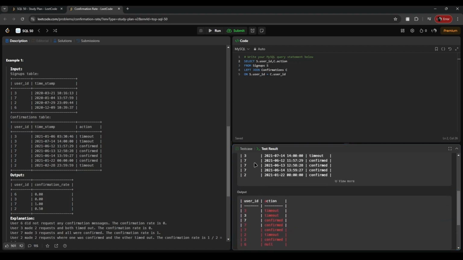Okay, so now what we need to do is find the confirmation rate for each user ID. What we can do is simply delete this action column because we don't require it. We were just getting to know what the actions associated with the user ID are. You can simply do one thing: use a CASE WHEN statement